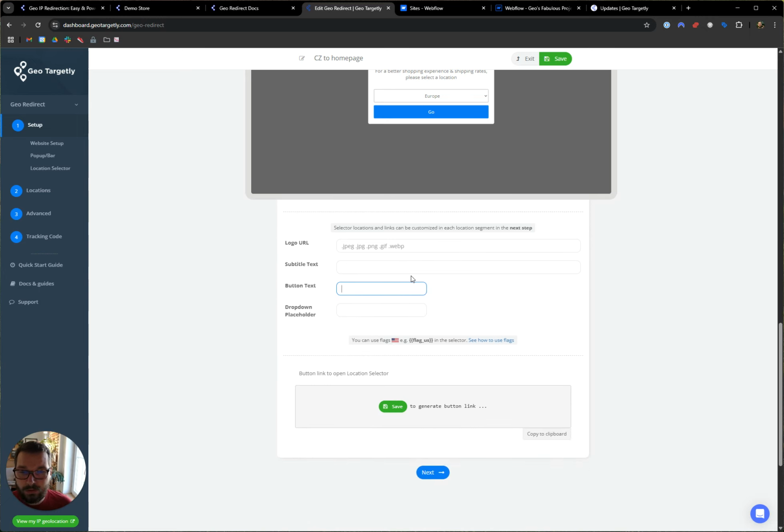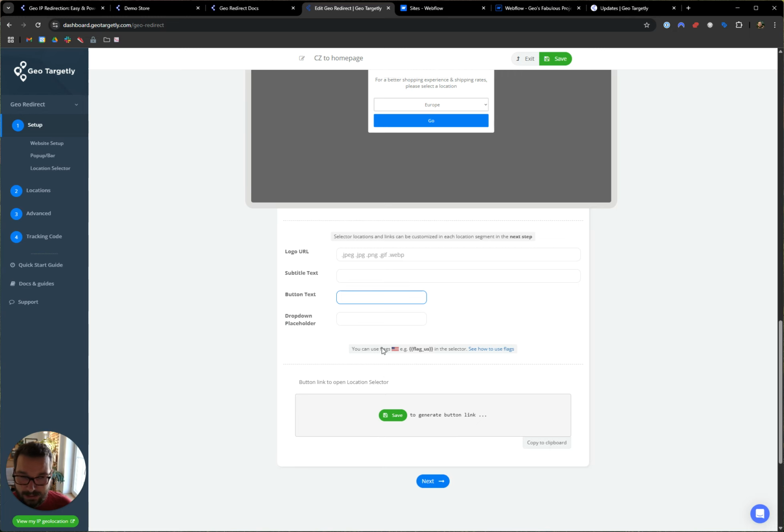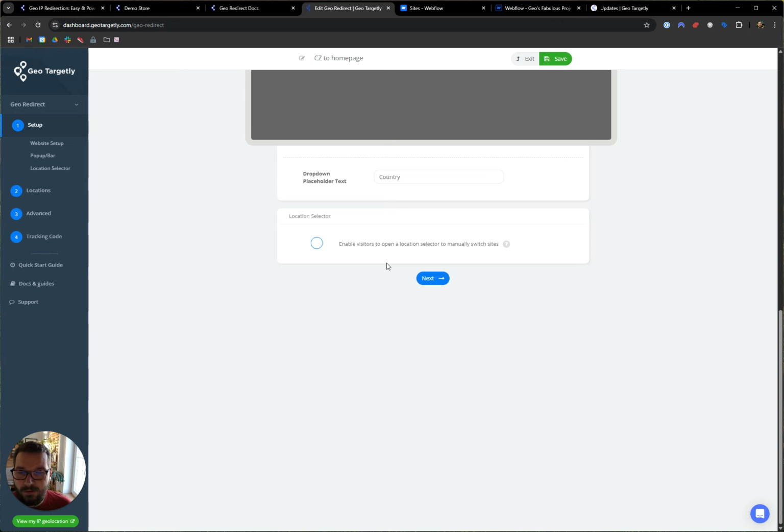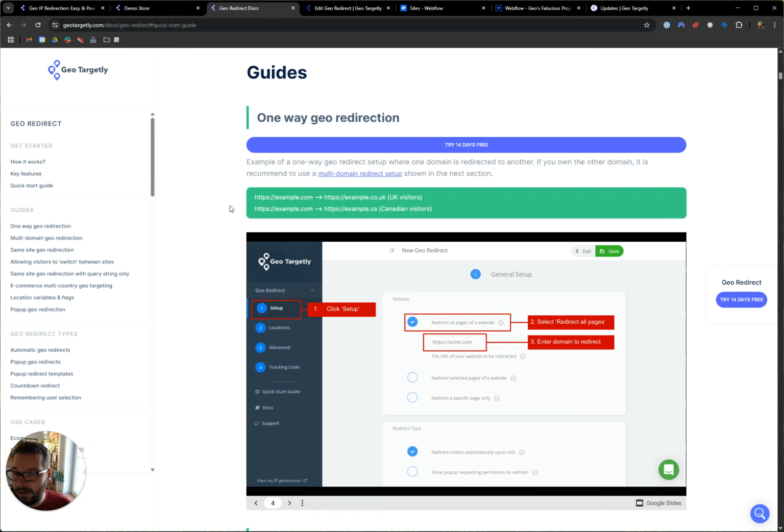But what this does is, once you save the whole setup, it generates a code for you that you can then use in your content management software that basically generates that selector for you. I will not be going through this right now because it's a bit advanced or a bit too detailed. So let's just click this off, and you can find more about that over here in the